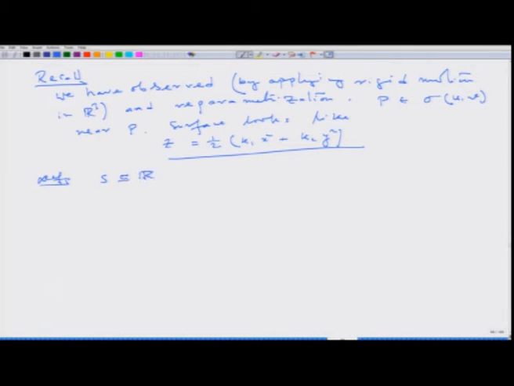S in R3, surface, smooth surface, smooth regular surface. We will see the smoothness and regularity condition. A surface is called quadric if it is, let us say, of the form